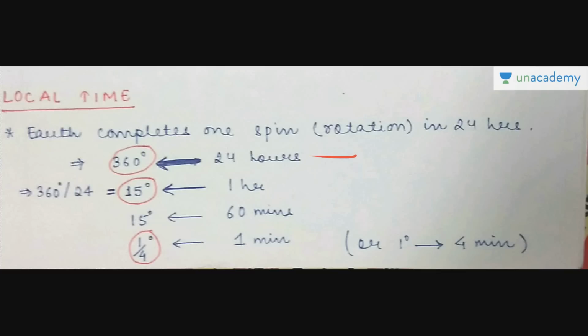If 24 hours takes 360 degree to cover, then in 1 hour how many degrees are covered? 15 degree, 360 divided by 24. So 1 hour is equal to 60 minutes, so 60 minutes is used to cover 15 degree. If 60 minutes is used to cover 15 degree, 1 minute is used to cover 1/4 of a degree. We are just dividing, it's the unitary method. I mean, you should know this, right? You just try to understand this. So if 1 minute is required to cover this much degree, how many minutes are required to cover 1 degree?